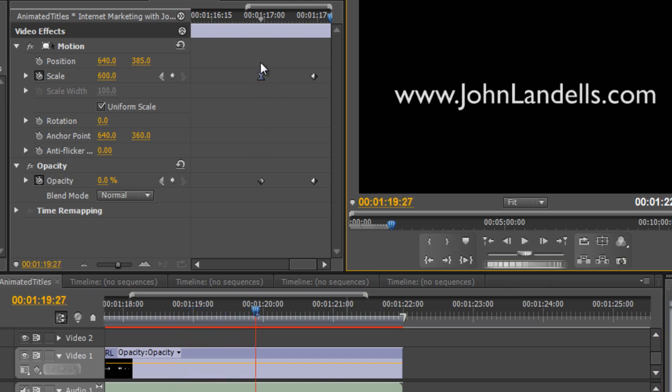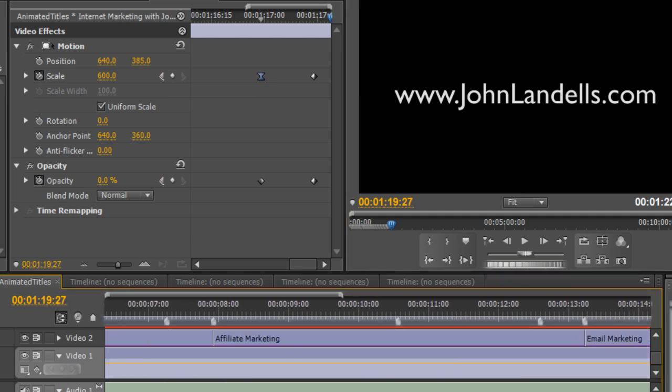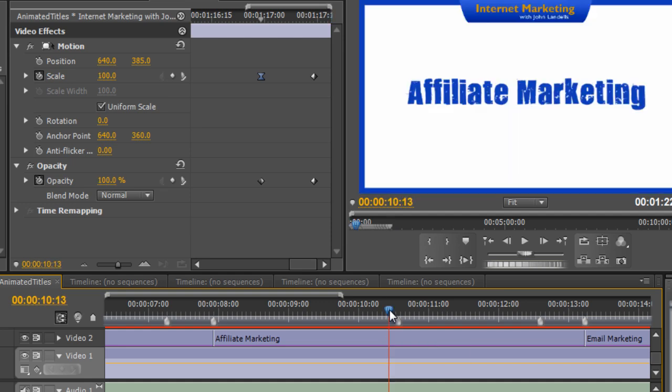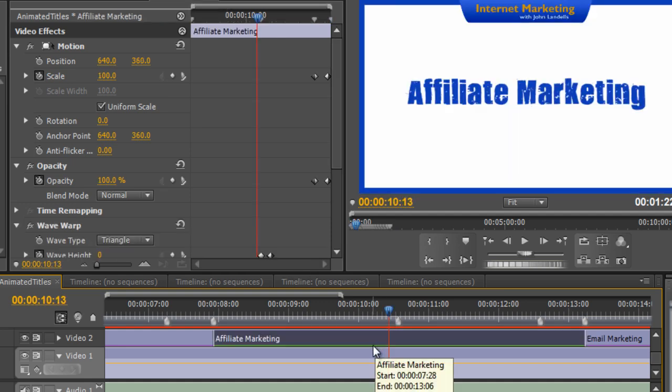Okay, so you can see by making that an easy ease, there was no abrupt change in speed. It was a sort of accelerated speed increase, and that's exactly what I was looking for at that point. So the other thing that I said I would show you whilst we're in here was the little text effects. So if we come to this one,